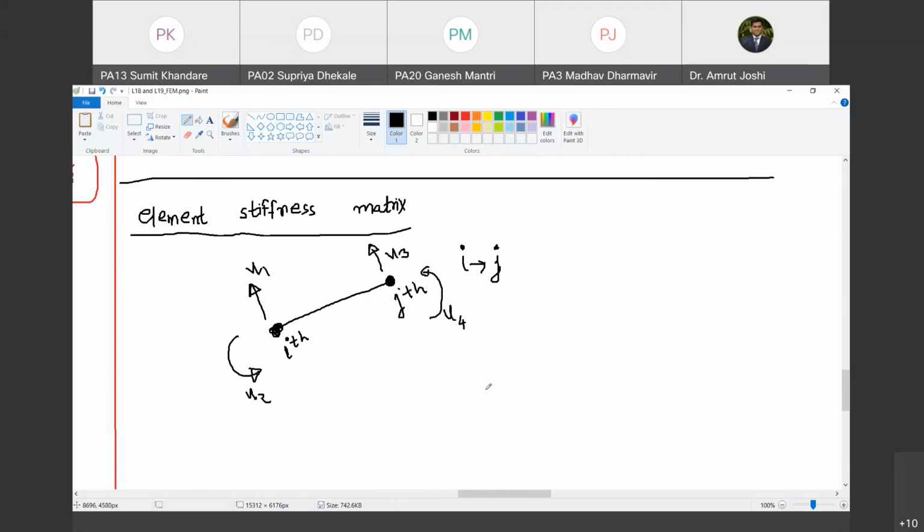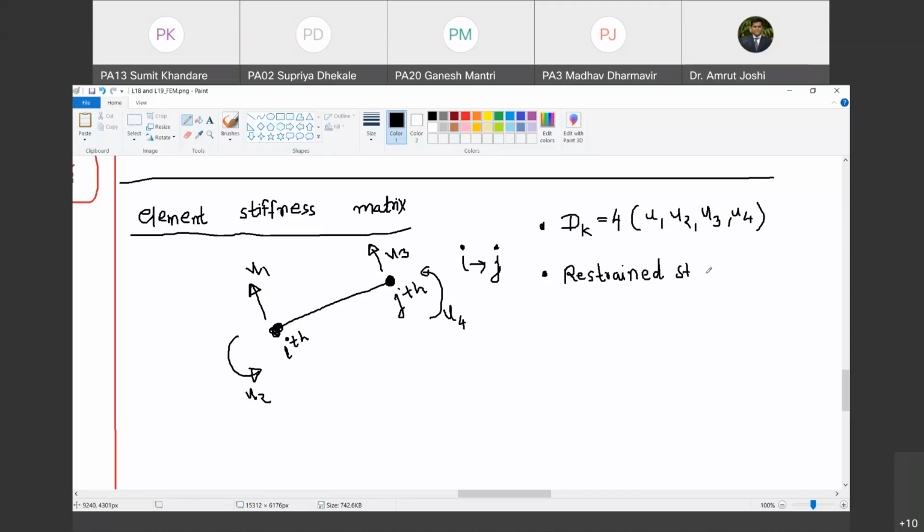Yes. Question: can you generate the element stiffness matrix for this element? We know the degrees of freedom. So how do we do that using the stiffness matrix method? What is the degree of kinematic indeterminacy here? 4. Do you agree with me? Yes, sir. U1, U2, U3, and U4. Happy? Yes, sir. Now, to generate the stiffness matrix, what is the next thing that we do? The next thing we do is restrain the structure. Do you agree with me?